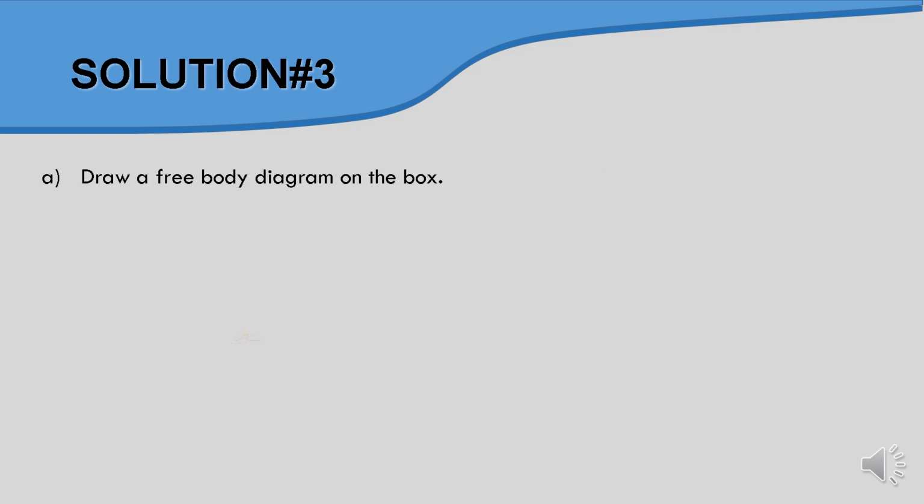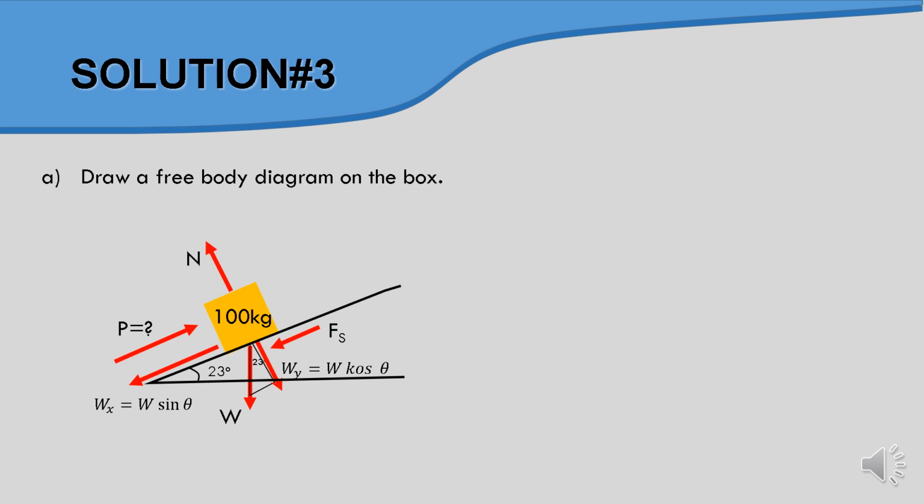So basically, produce a free body diagram. Okay, in this case we have the weight. So the weight basically has a component x and y. So for the component x, basically we have W sin theta, or this value can be put here, because the box will start to slide down. Okay, and then we have Wy, so W cos theta. So on the x axis, we have only the value of Wx, Fs, and P. Okay, so we need to determine this condition, and also for the y axis we have N